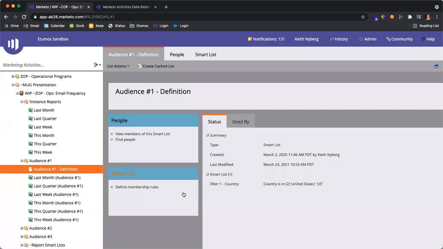I think one of the most important things to call out, again, is that data retention is always moving. These reports are obviously not always going to retain the data that you've had. If you really want to understand your run rate over time, it's probably best to create a spreadsheet and come in here once a month, look at last month as an example, and jot down the numbers for last month before that month churns and it's the next month. That would be the best way to create a baseline of how often you're emailing people in your database.